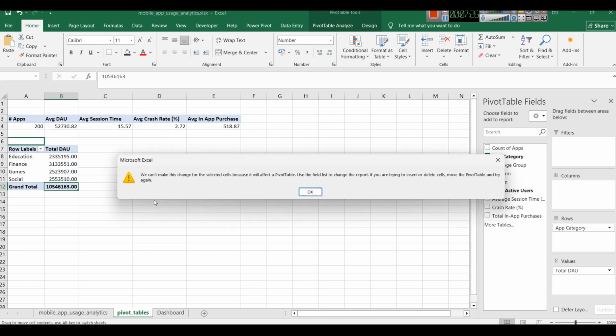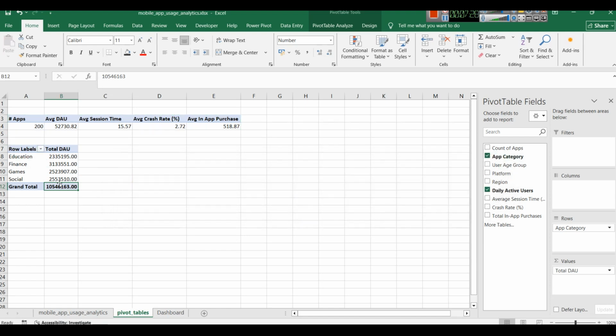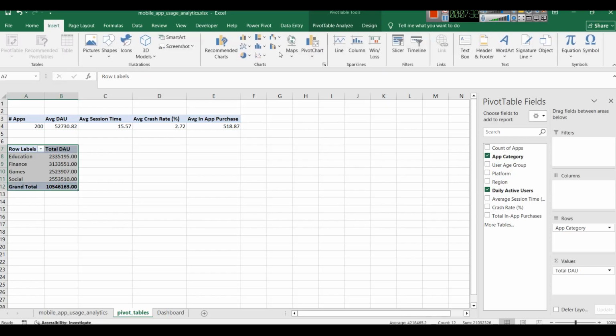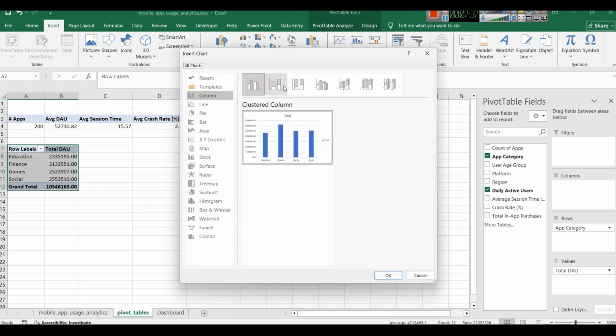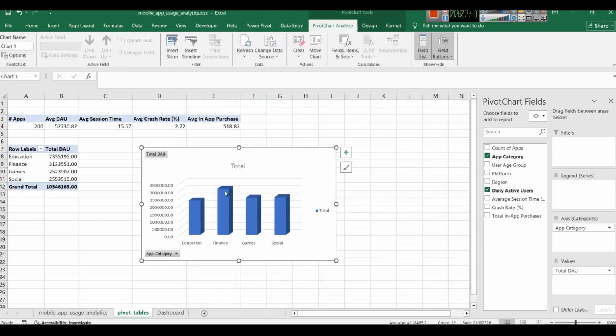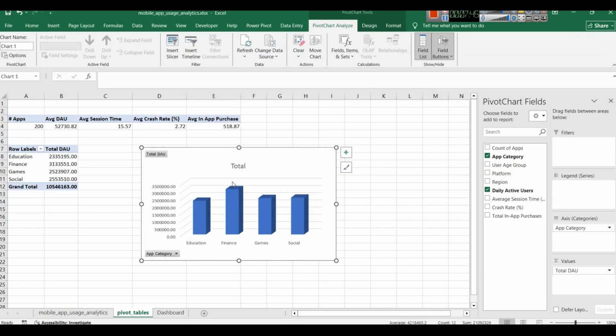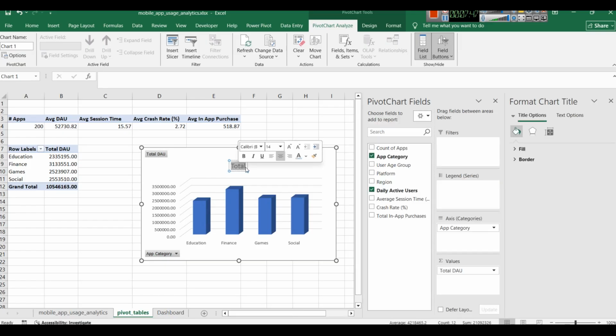Like now what we can do is we can select this, and after selecting this we can go to insert and we can add a pivot chart. So we can add a simple column chart here. Let's say we try to add a 3D column chart. This is a simple 3D column chart representing something. So we can write here, this is total DAU per app category,